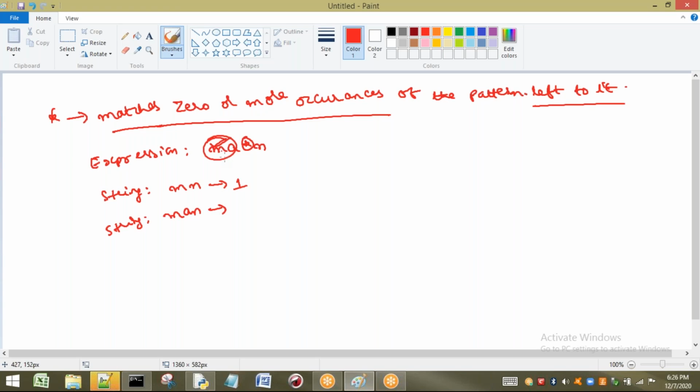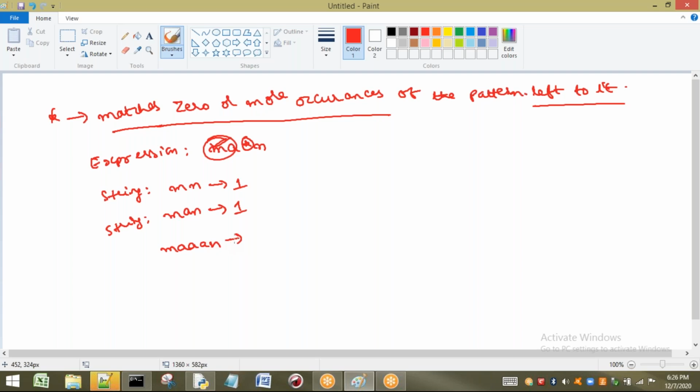That means MA is present and N is present here. Generally, what should happen? Either 0 or more occurrences, there is no problem. But here MAN is present. So here I am going to get one match. One match is there. Next, if I am going to take